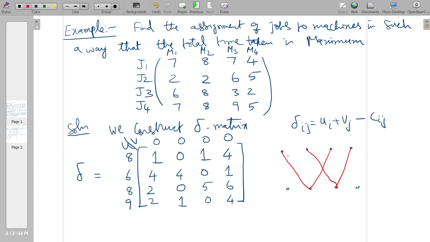So now you have an assignment like this, but this is not a perfect matching, because here one job has to be assigned to one machine. Here if I take the jobs as J1, J2, J3, J4, and the machines in the other partition M1, M2, M3 and M4, you can see that J1 and J3 are assigned with M2, J2 and J4 are assigned with M3. So in this case, you are violating the condition of an assignment problem. So the problem does not end here.